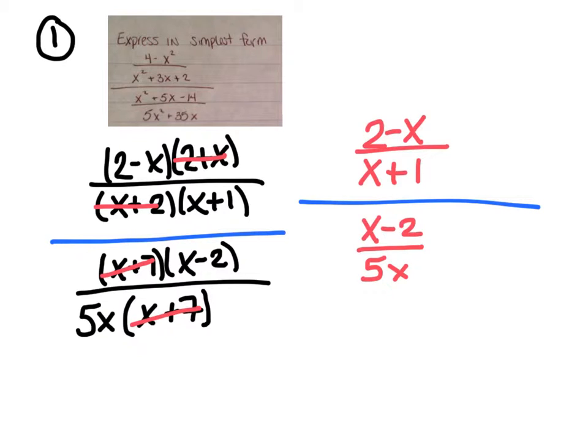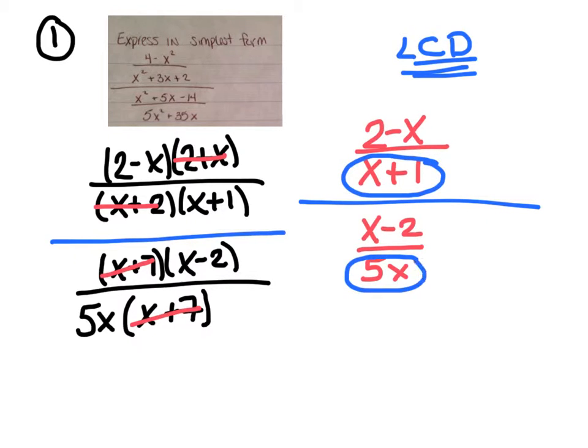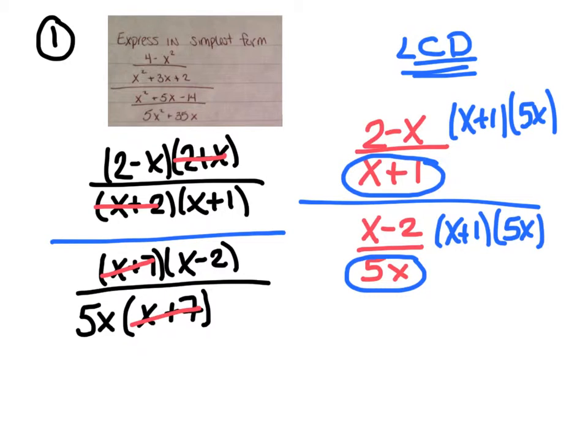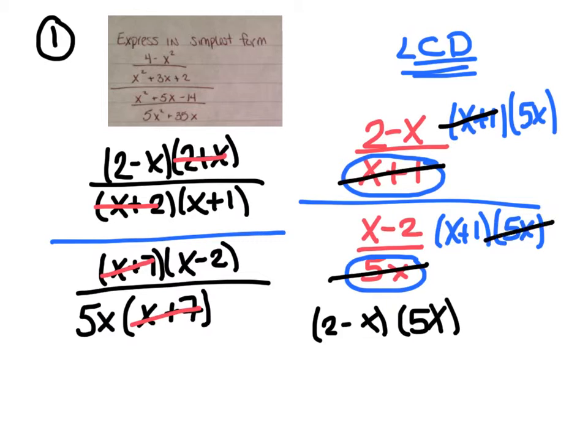Okay, now it's just a nice, easy, complex fraction. You just look for the least common denominator. And I would say that I need an x plus 1 and a 5x. So I'm going to multiply that x plus 1 and 5x to the numerator of each, and then ask myself if I can cancel anything. On the top fraction, mainly above the division line there, the x plus 1's cancel, so I get 2 minus x and 5x. In this bottom fraction only, the 5x's cancel, so I get x minus 2 and x plus